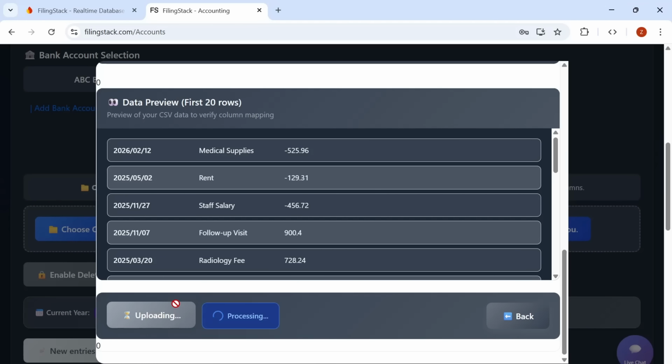So currently it's processing these transactions. It will then seek to allocate all of these transactions to a relevant account. Another button that we do have available is auto allocate by prior allocations, and what this allows us to do